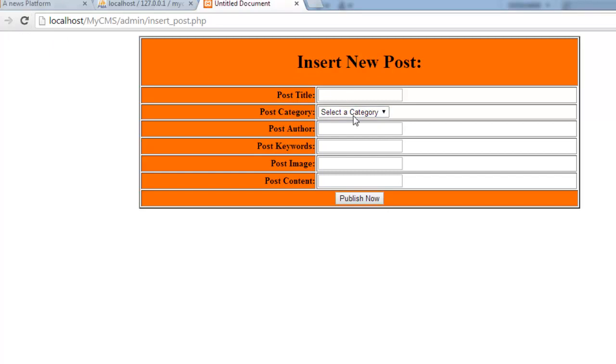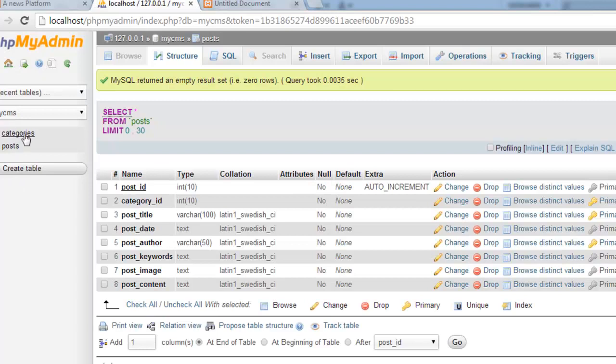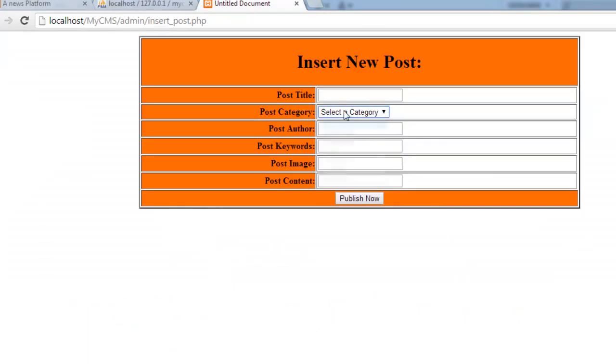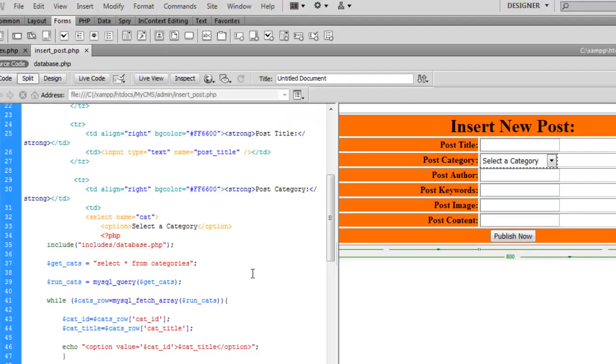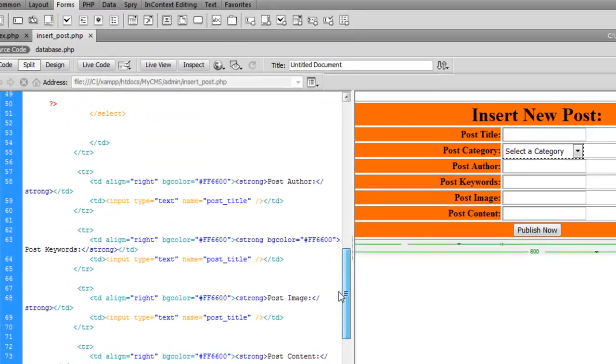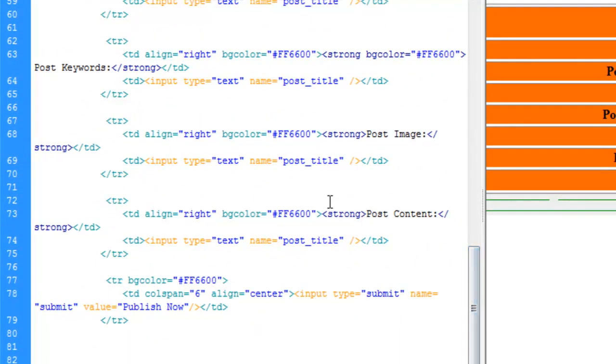Refresh this page. Now see, you see all of the categories over here: world news, Asia news, sports news, everything that you have here, and also you have this categories table. So now you can select directly any category you want. If you edit, that will also come. Anyhow, that's really simple. Now come over here, and for the text content, remove this thing,